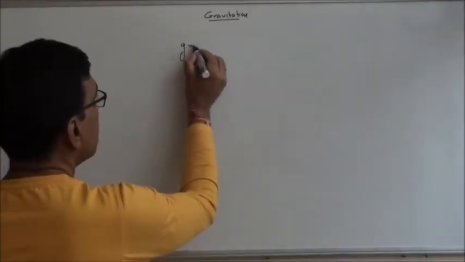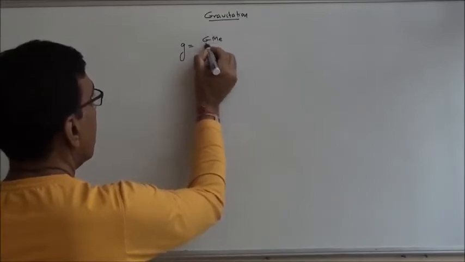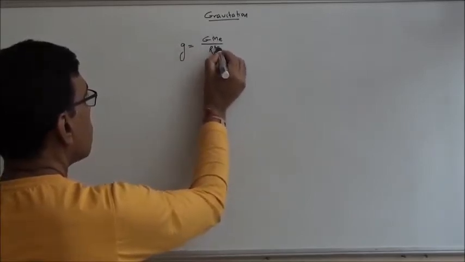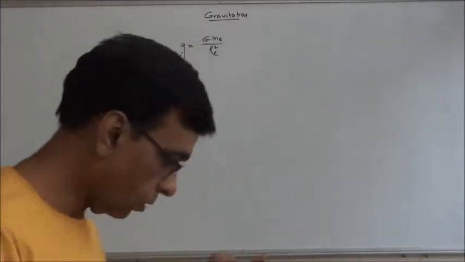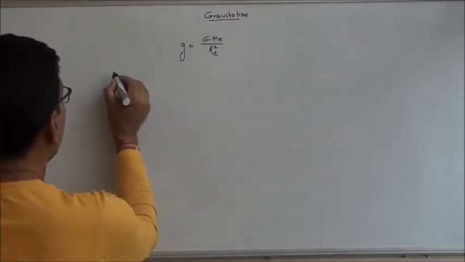So the value of g is GM_e upon R_e square on a flat non-rotating Earth. Now let us do